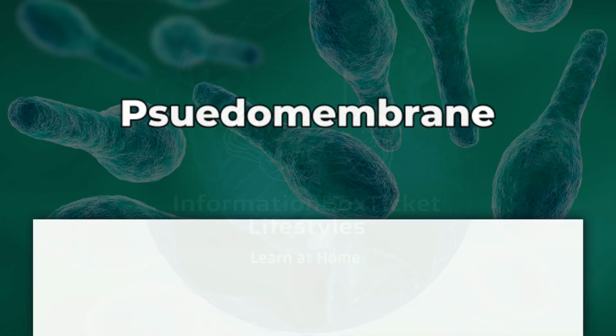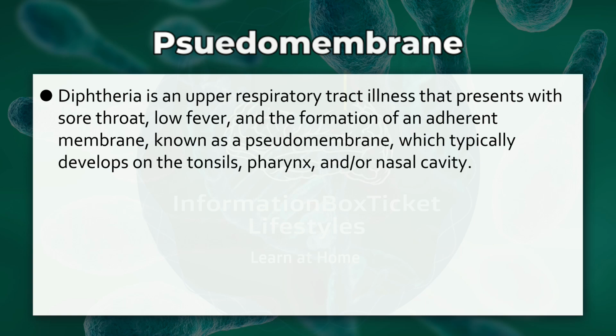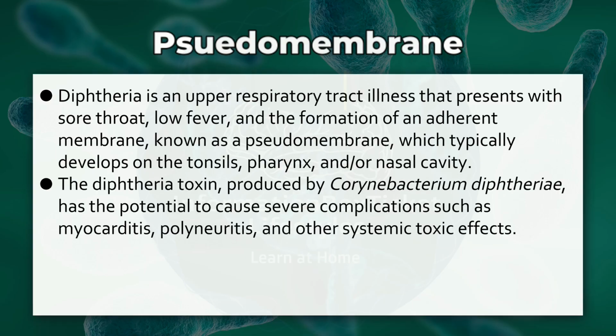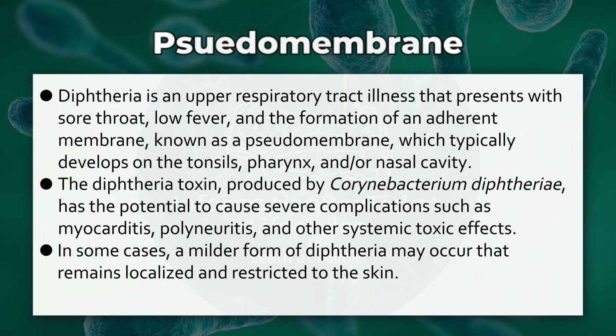Pseudomembrane. Diphtheria is an upper respiratory tract illness that presents with sore throat, low fever, and the formation of an adherent membrane known as a pseudomembrane, which typically develops on the tonsils, pharynx, and/or nasal cavity. The diphtheria toxin, produced by Corynebacterium diphtheriae, has the potential to cause severe complications such as myocarditis, polyneuritis, and other systemic toxic effects. In some cases, a milder form of diphtheria may occur that remains localized and restricted to the